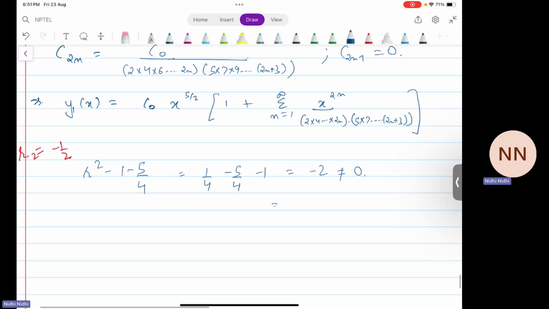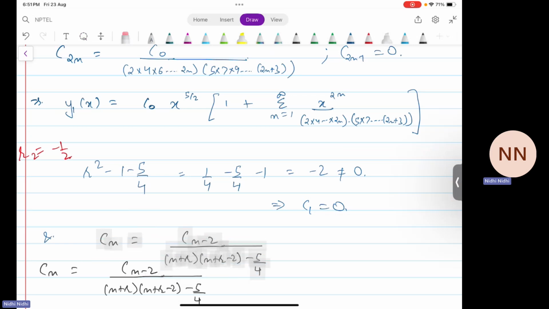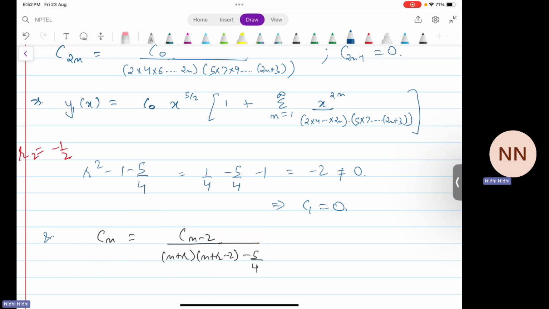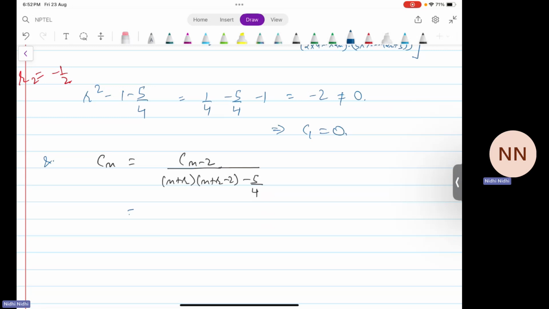This implies that c1 is again 0 and we have, putting the value of r here, we get cn minus 2 upon (n minus 1 by 2)(n minus 1 by 2 minus 2) minus 5 by 4, which is